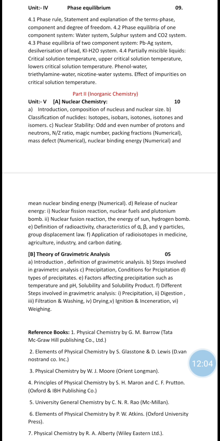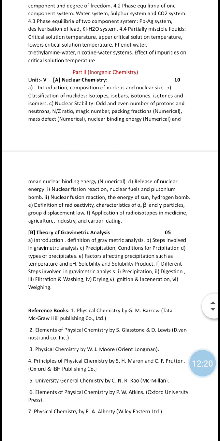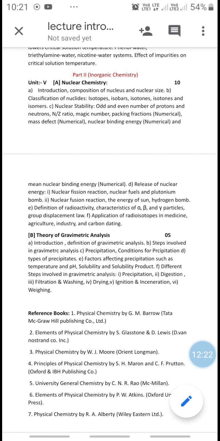One is nuclear chemistry and another subunit is theory of gravimetric analysis. Inorganic chemistry has just one unit, but it has been divided into two subunits. So the first unit is nuclear chemistry, which is very important